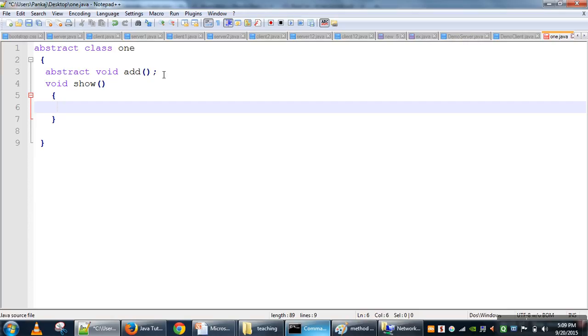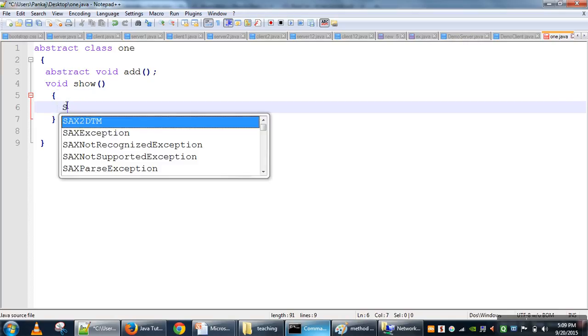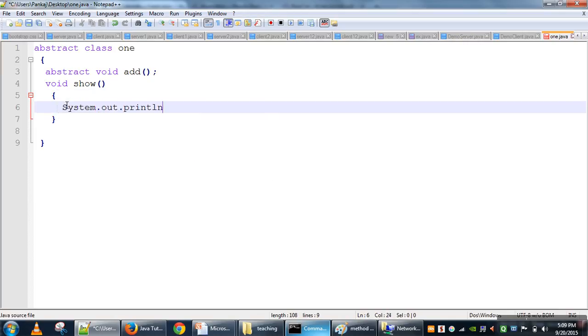Every method without definition will be declared with the keyword abstract, and whenever a class has an abstract method, that class has to be declared explicitly as an abstract class. This class is a mixture of normal methods and abstract methods.